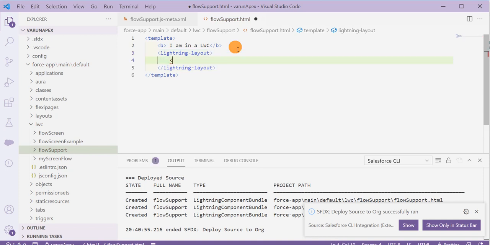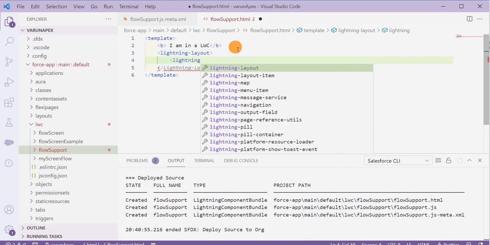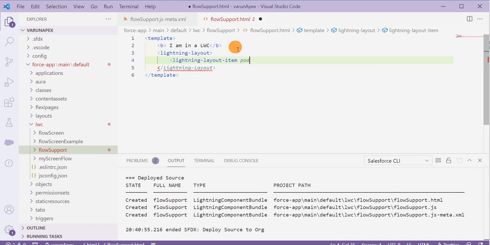Inside this lightning layout, I'm going to add a lightning layout item. You can give some padding if you want. I'm going to give it around small, and a size of maybe 6. That's it.